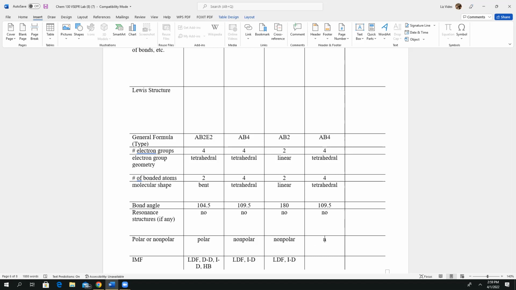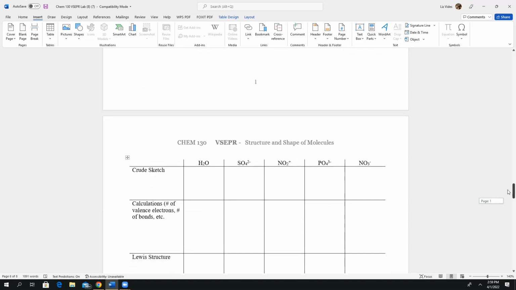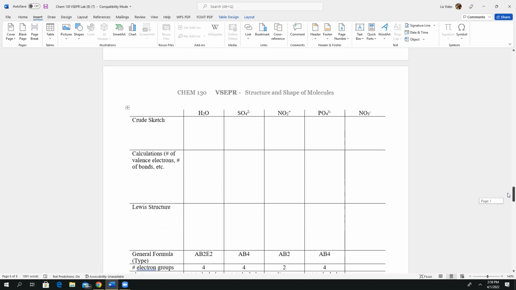It is non-polar, but since it is a charged molecule, you can have London dispersion forces because it is a molecule, but also ion dipole because, as you can see, it's a charged molecule. The rest of these are charged, so